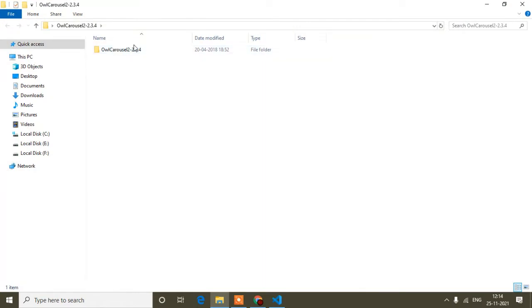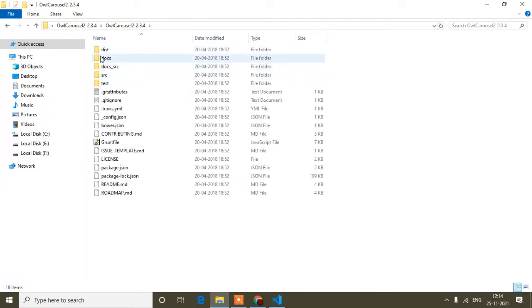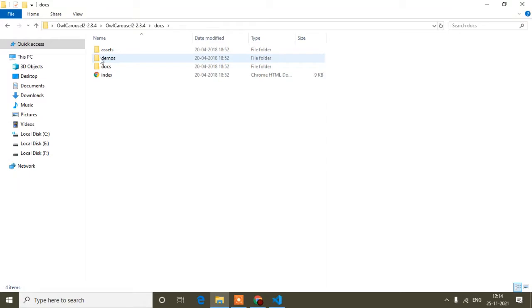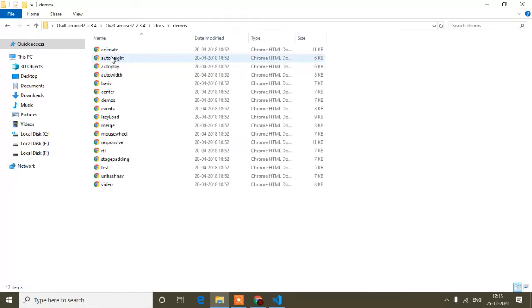Here you can see Owl Carousel, and I will open it again, and here you can see docs. I have to go to docs, and here you can see some demos of the Owl Carousel. I will click the demo, and different types of demos you will find here. Any of the files you can open in your browser.